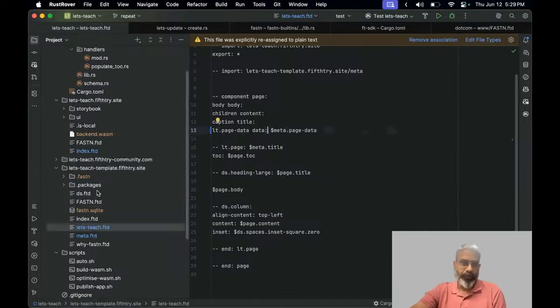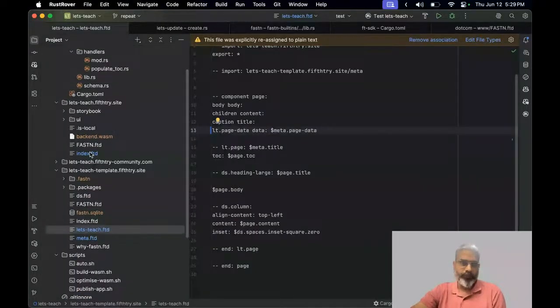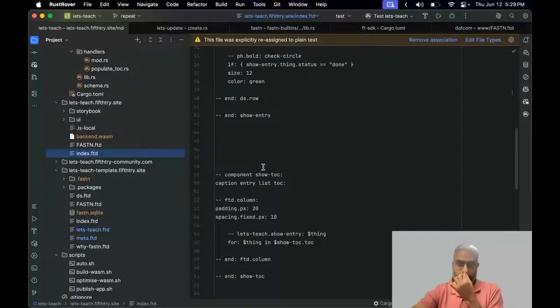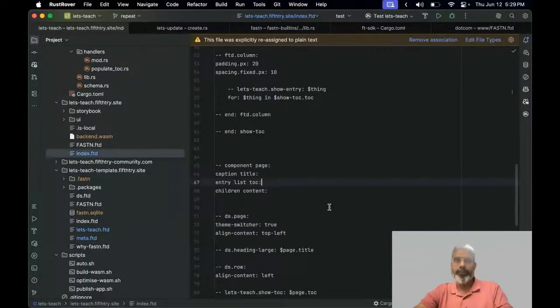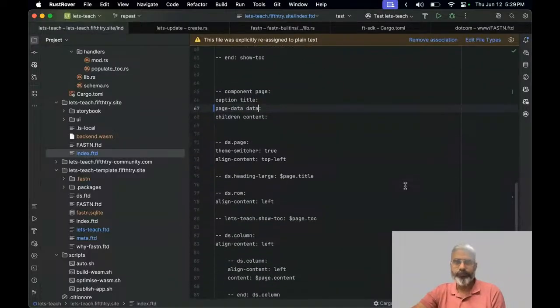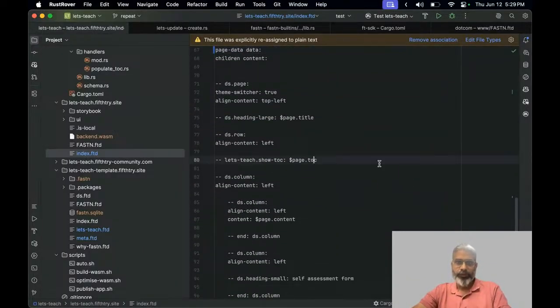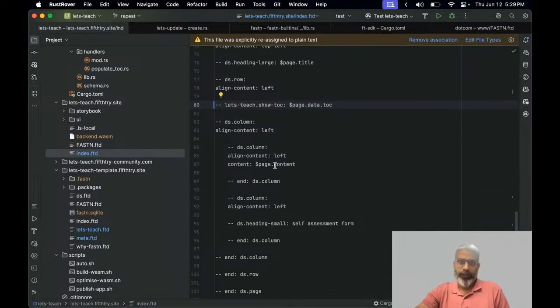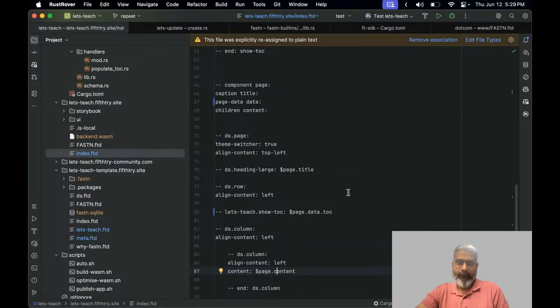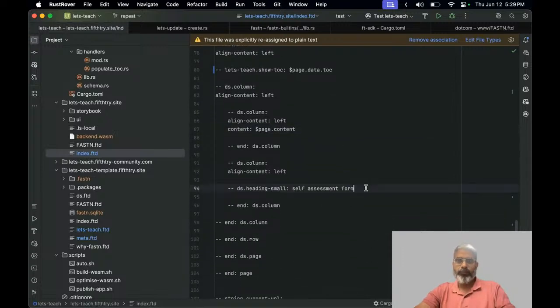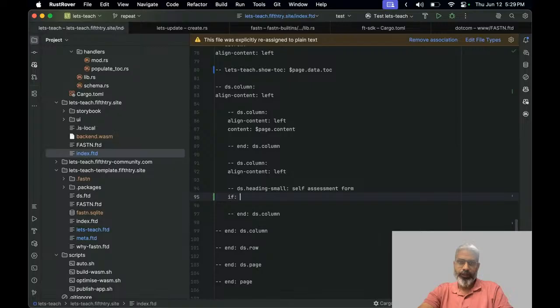Now because we are overwriting, this must have had an original version. So this will no longer take this, but it will be page data, and this will be called data. Show TOC will do data dot TOC, and yeah, this we can put the condition if schema is